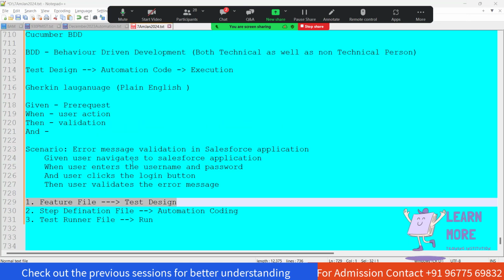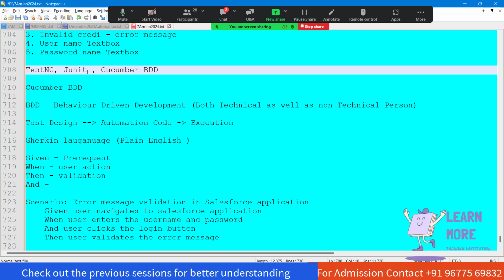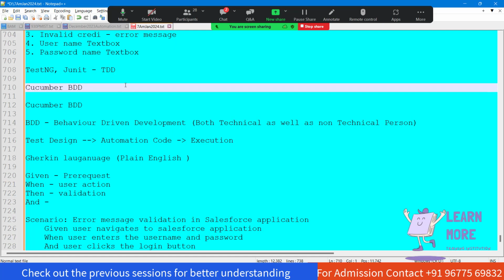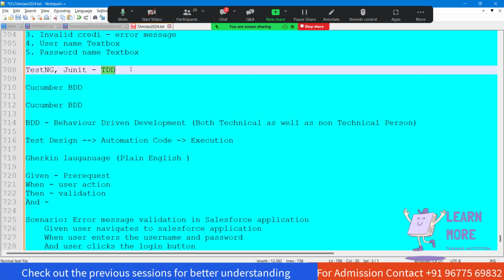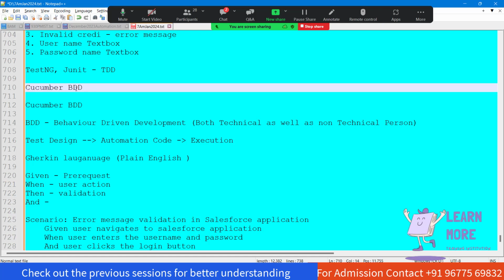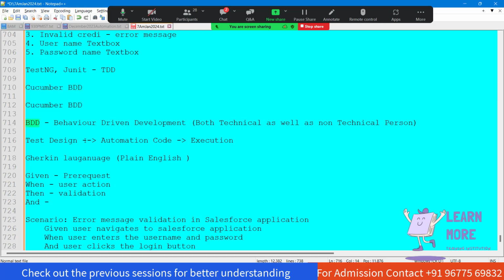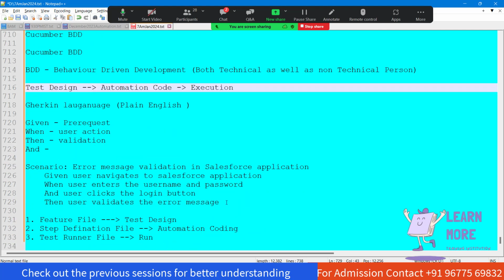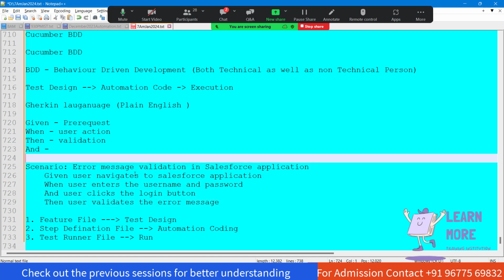So that is the reason we are not using the other framework. This other framework follows an approach called TDD, which is test data driven. So we are not focusing on the design part, rather we are focusing only on the test data part. Whereas when we use BDD, it focuses on the design part. As the design gives simplified steps, everyone will be able to understand what we are trying to